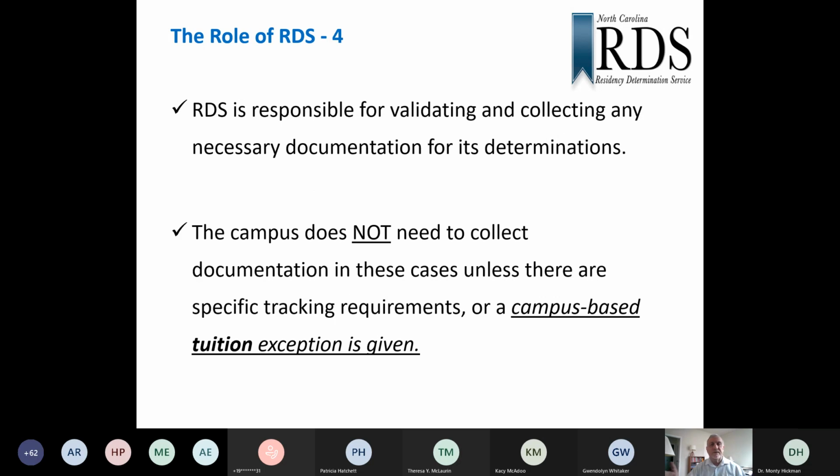So anything that RDS determines like that, RDS collects and validates that documentation. If it's something you need to track, and we'll get to that later, RDS will let you know and flag it. There aren't that many